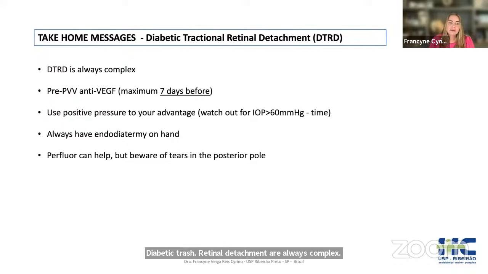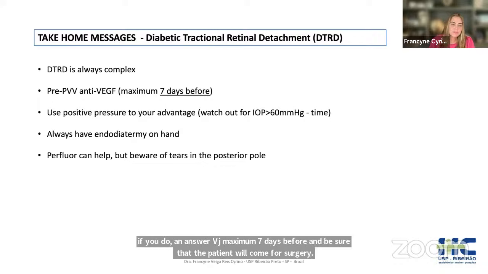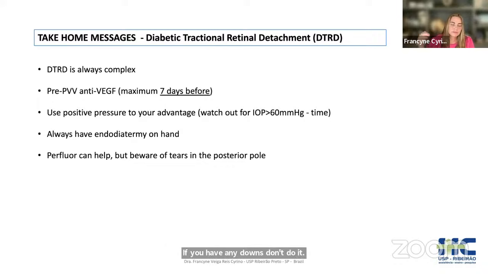And if you do an anti-VEGF, do it a maximum of 7 days before, and be sure that the patient will come for surgery. If you have any doubts, don't do it. Perform it as your first surgery, and leave the patient to the last one, because if you have at least 3 hours of anti-VEGF, it helps to stop bleeding during the surgery. You may use the pressure to your advantage, but take care of leaving the pressure as high as